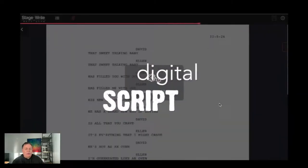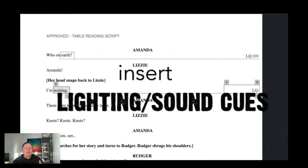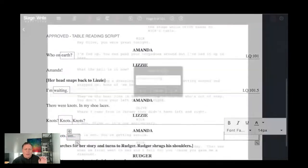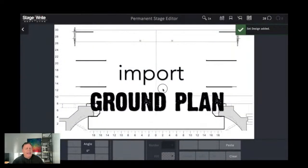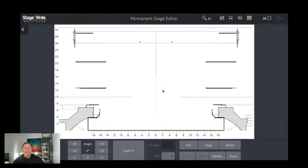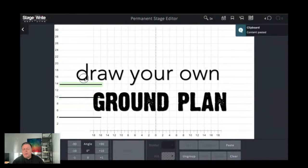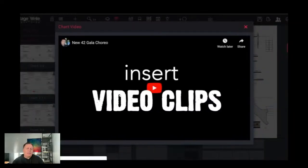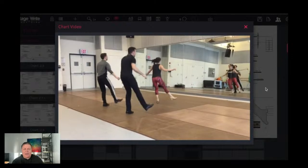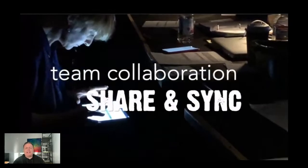You also have a digital script on which you can enter your lighting cues, your sound cues. You can even insert blocking. You can insert videos of sections of the show that you may want to remind yourself. If you have a ground plan you can import, you can easily import it, or use our drawing tools. You can go in and draw your own ground plan, allows you to track all those elements. And as you can see, you can insert a little video clip to remind yourself of that little section of